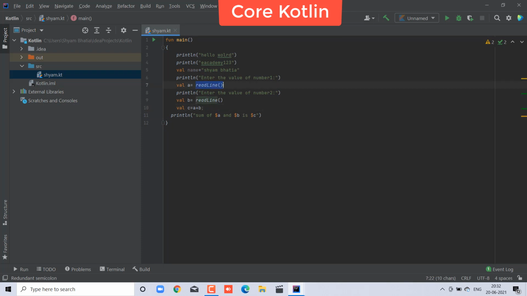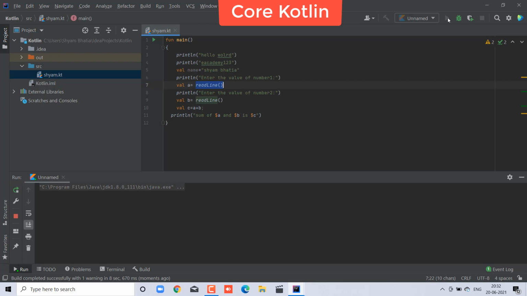So Control S, but the error is because readLine only takes the input in string format. So whatever you enter, 1 or 2, it will show 12, meaning 1 plus 2, because 1 is treated as a string and 2 is also treated as a string.